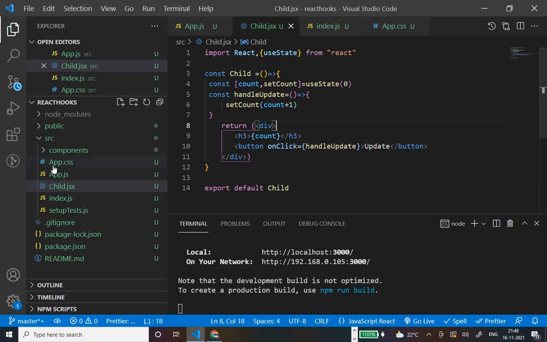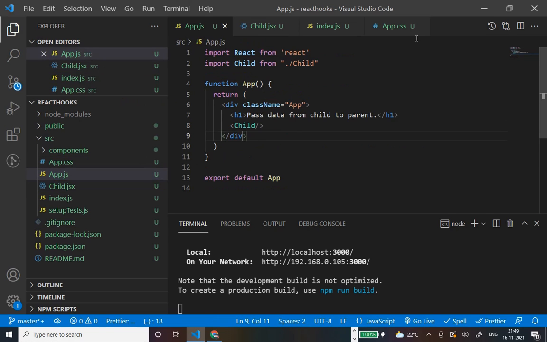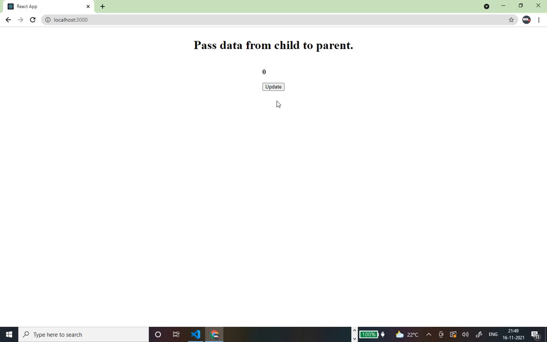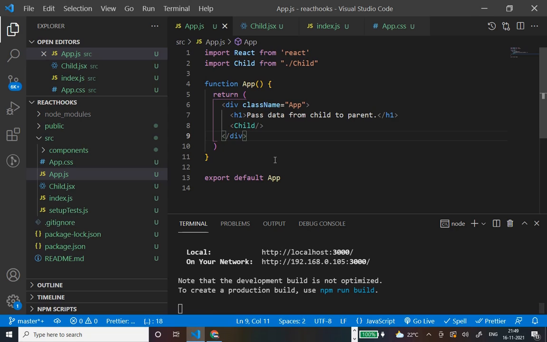We are already rendering this child component inside this parent component, so we can see that output. Whenever we click on update, we can see the count is getting updated by one for each click, right? What we are seeing is rendering from the child component, it's not rendered from the parent.